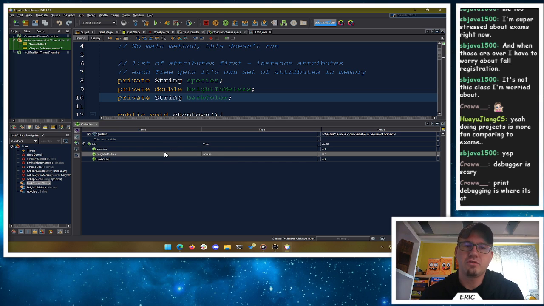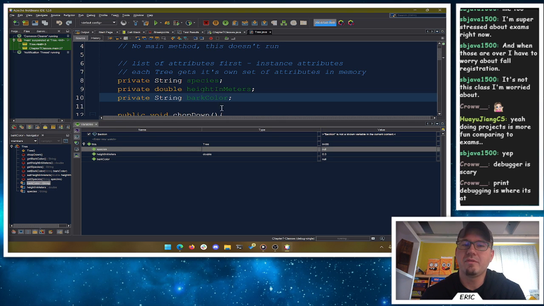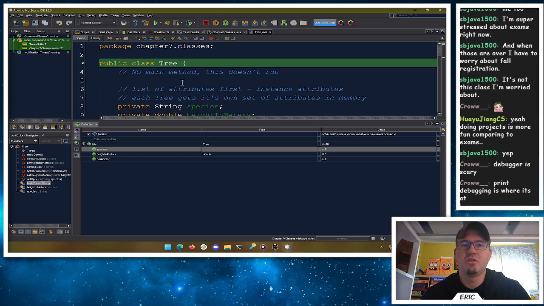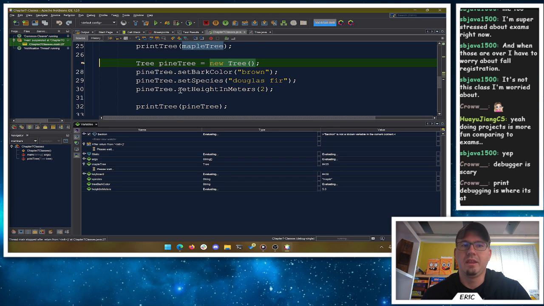For something like a string, remember, a string isn't a primitive type. A string is actually a class all by itself. It's a reference type. It says, hey, here's where something lives in memory. Null is this special ugly value that means I don't exist. It's not an empty string. It's an I don't exist string. There is nothing in memory for me. So null says there isn't anything. Absolutely nothing there. So we're at our tree class, and then we're going to step, and that was it.